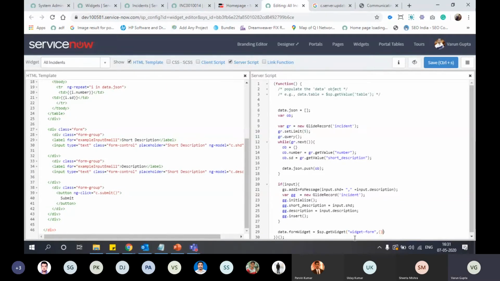And we will pass some values in JSON: sys_id, incident.